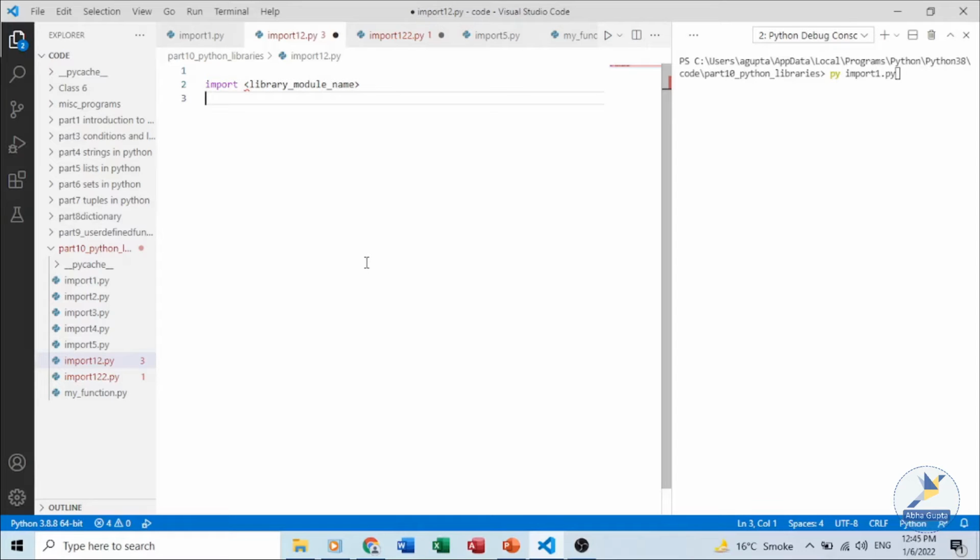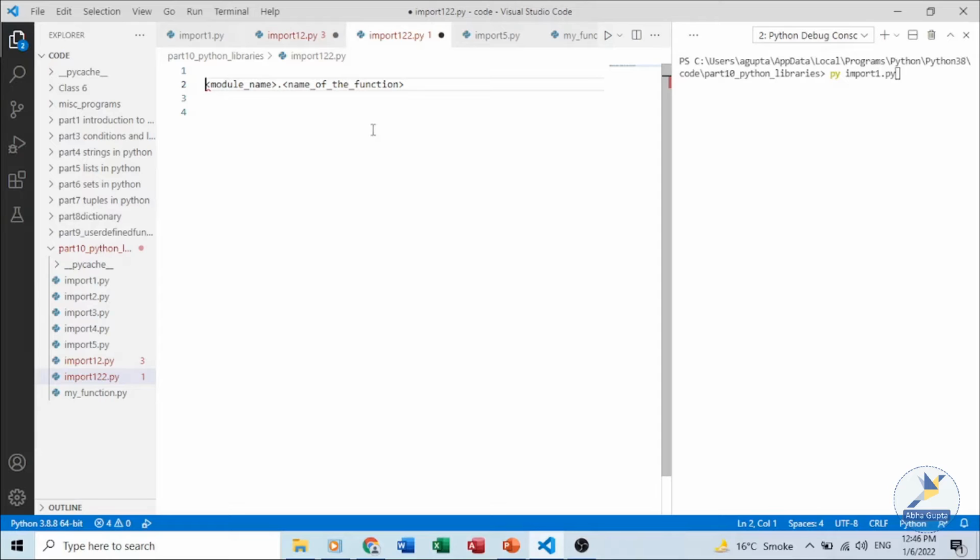A program must import a library module before using it. The import statement can be used to import the library. The syntax is import keyword followed by the name of the library or the module which we are trying to include in a program. Similarly, after importing an entire module to access the function, we use the dot notation, that is the name of the module and the name of the function.